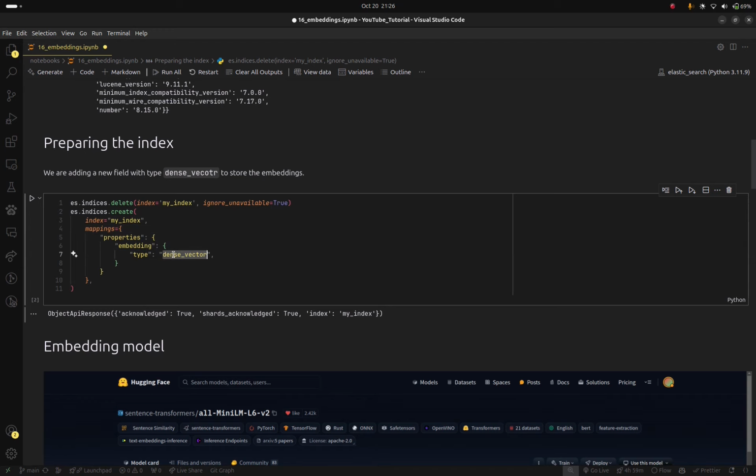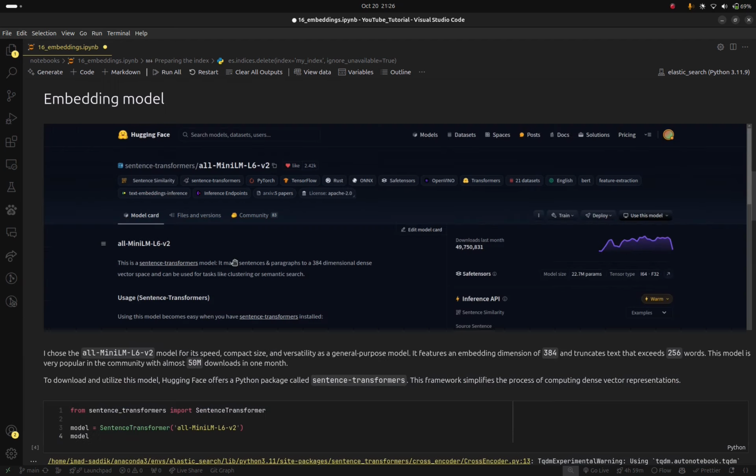To use the dense vector, you need to create the mapping manually. And in this field, we will store the embedding. So just create this index. Here, I will be